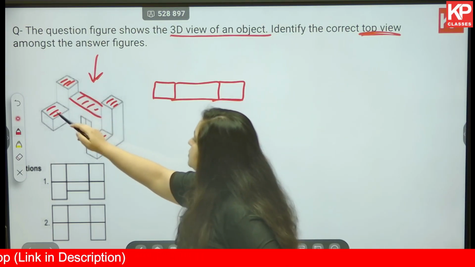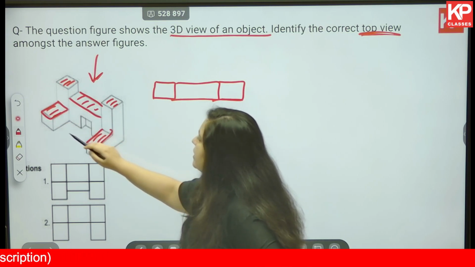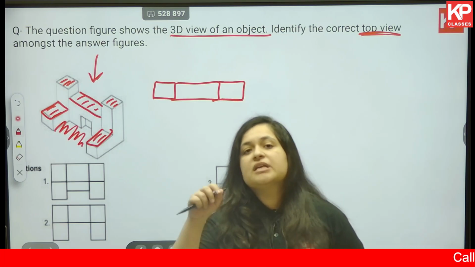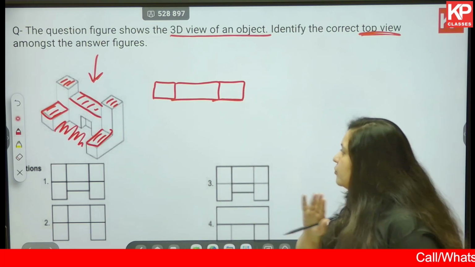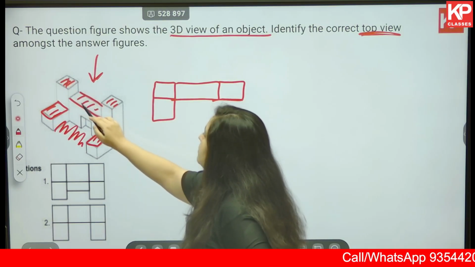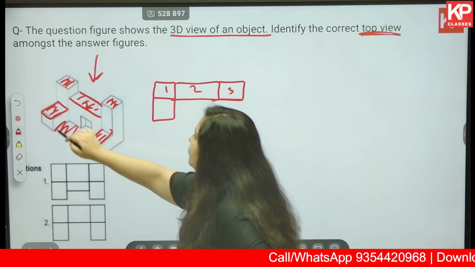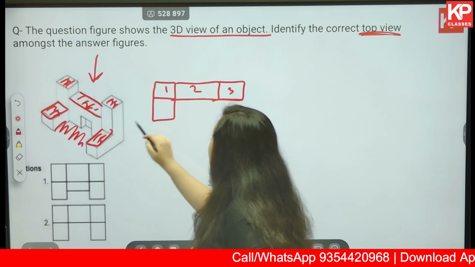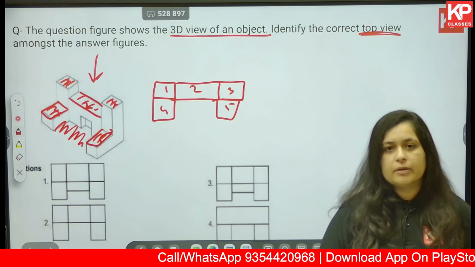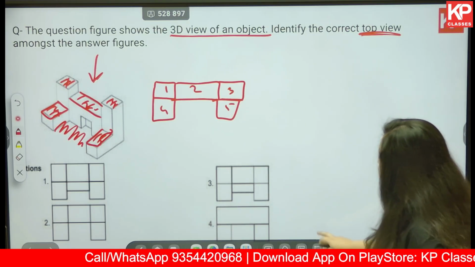So the projection over here, you have a square, you have a square, there is nothing in between. If it is just a surface, if it is not an object, you will be able to see nothing over there. So part 1, part 2, part 3, this is 1, 2, 3, then you have this fourth rectangle and this fifth rectangle that you will be able to view from the top. Now among the following, choose which one is the correct one.